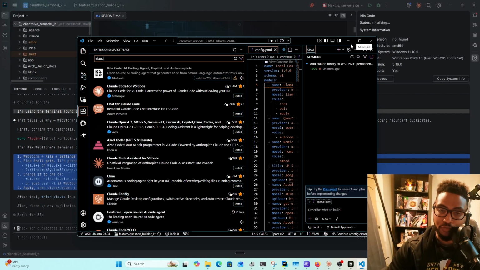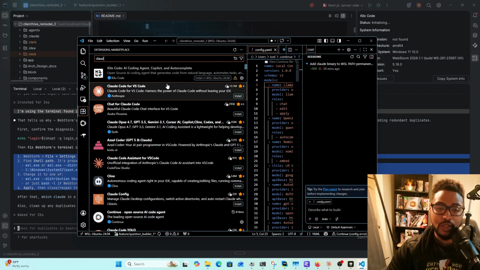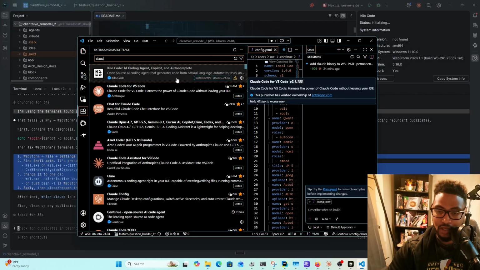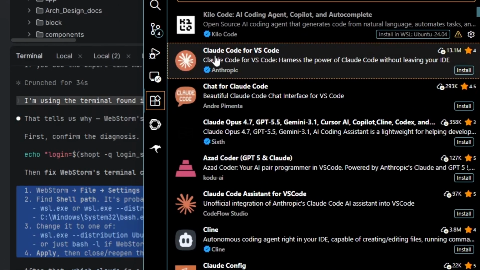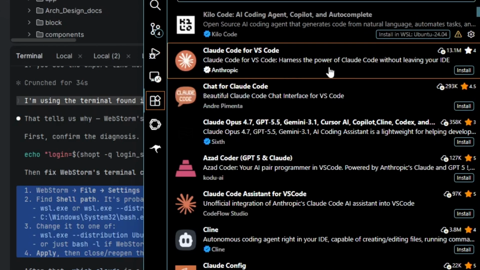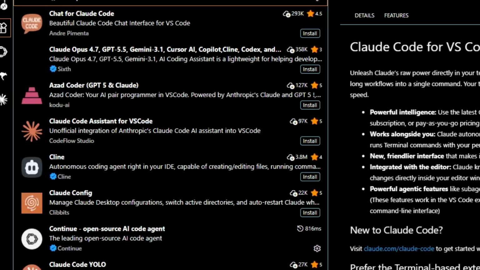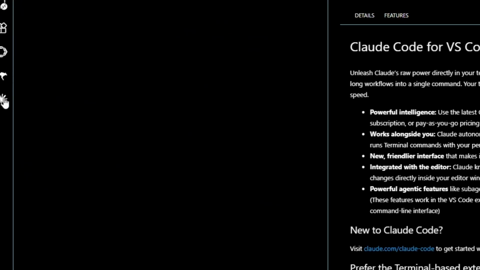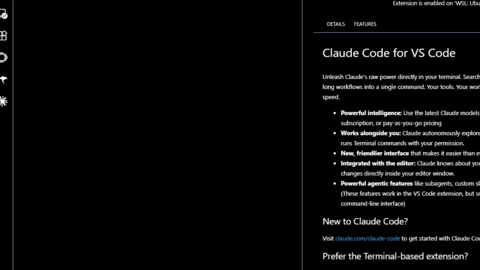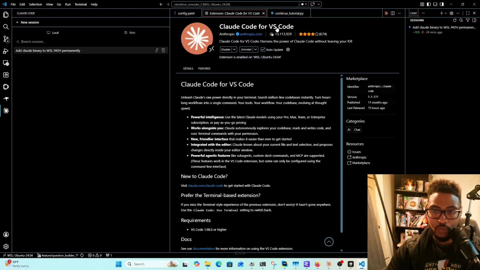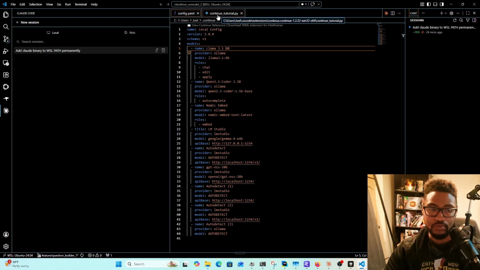Let's move into VS Code and install it there. So obviously, inside of VS Code, you'll want to go to the extensions and then go to Claude Code and install that extension here. I'll go ahead and install it. And now that you've installed it, you'll be able to open it on the side and actually look at what's going on, see what type of files it's moving and changing inside of your project and all